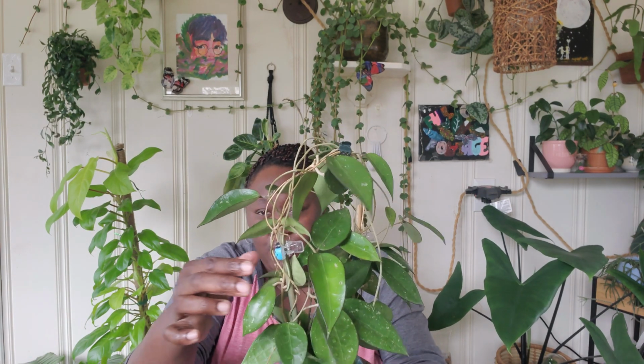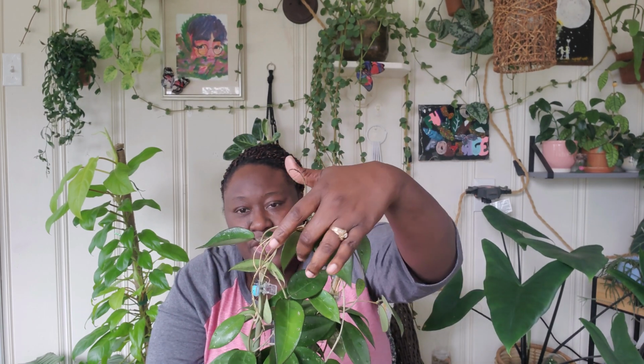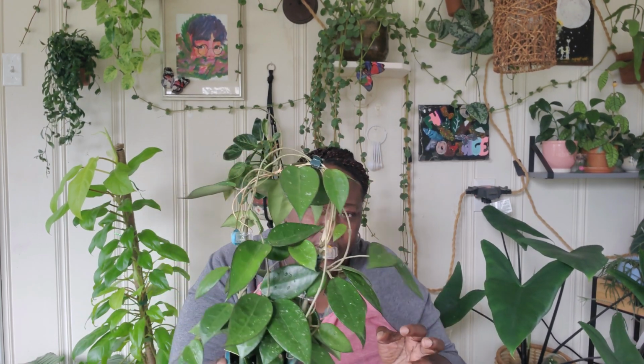I put her outside. I may actually untrellis her now that I'm looking at her, because usually I try to make my own trellis, and I couldn't find my floral wire that I usually use. So what I did is I just used 2 bamboo stakes. You probably can't tell, but there's nothing right here actually holding the Hoya. I just bent them and then clamped them together to give that U-shaped structure. But now that I'm looking at it,